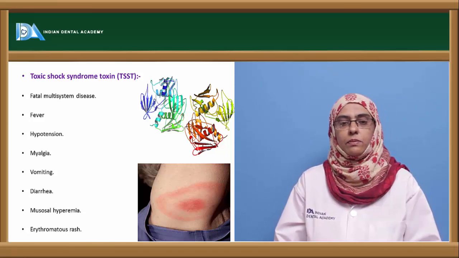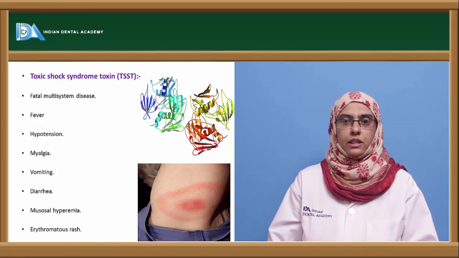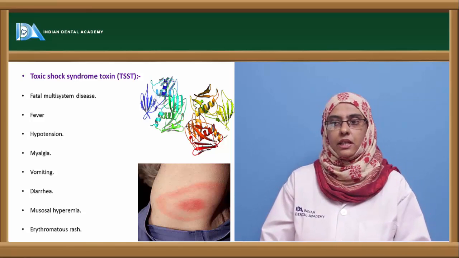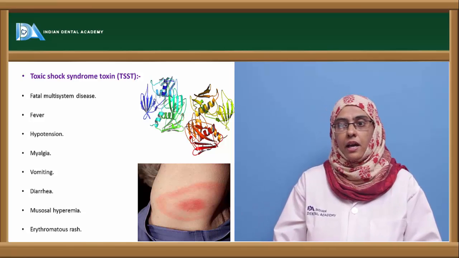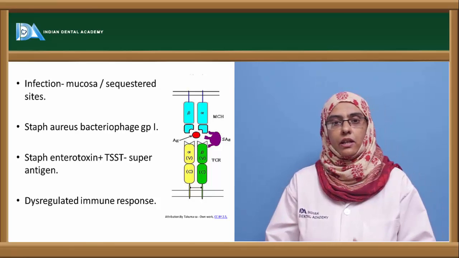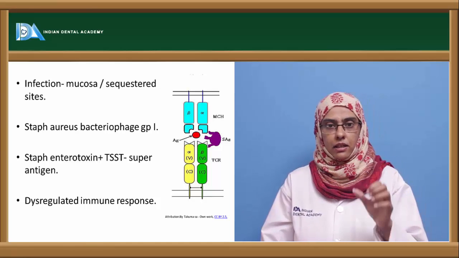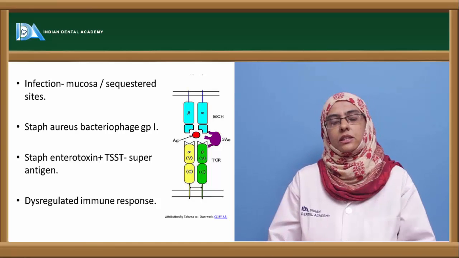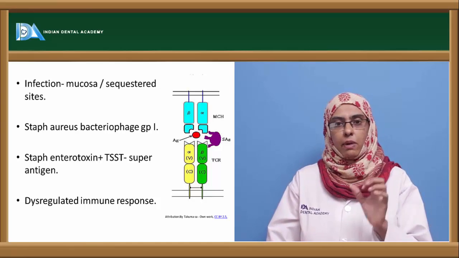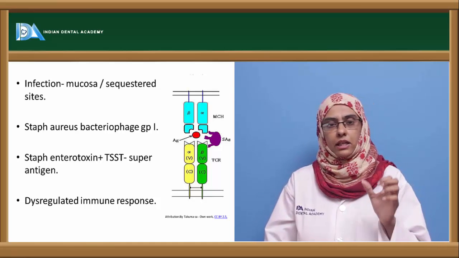the disease that is caused by this toxin. So it involves the whole body of a particular patient, and the symptoms associated with that are fever, vomiting, myalgia, hypotension, diarrhea, mucosal hyperemia and erythematous rash, which commence within days. The infection target here is the mucosal or sequestered sites, and the organism that